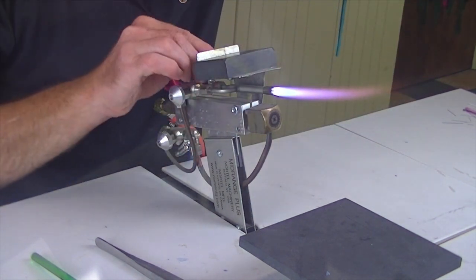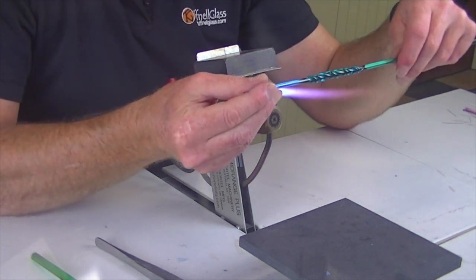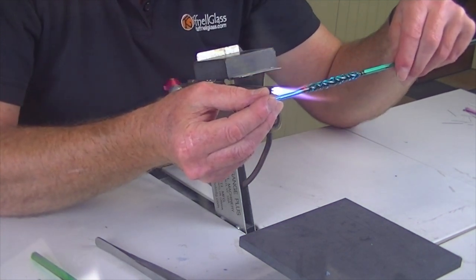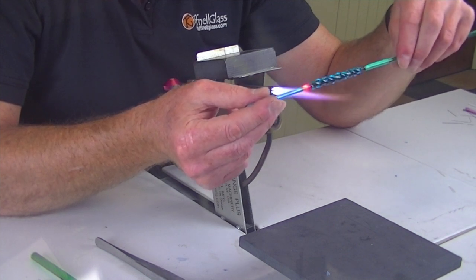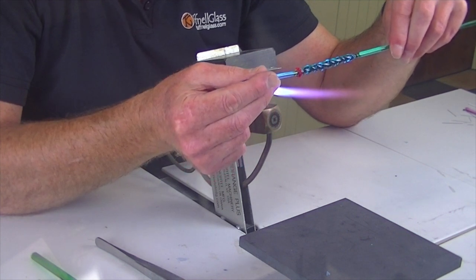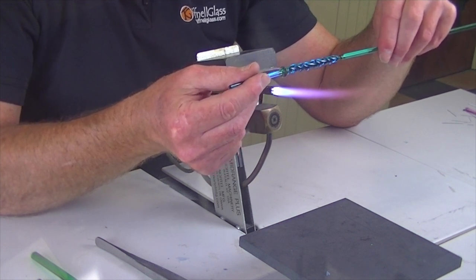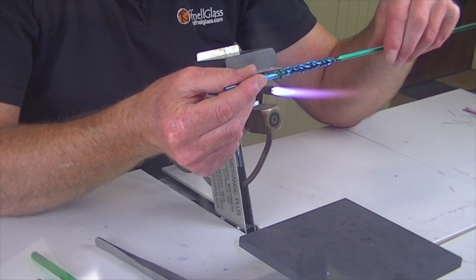Then I'm going to turn it round, turn the flame down to a nice tight flame, and just on the shoulder of where the point goes into the rope twist, I need to form a neck. So just heating this in the tip of the flame ever so gently, and then just push it together so that this stops the cotton moving down the body of the bobbin. Again, make sure it's nice and straight in line with the body,